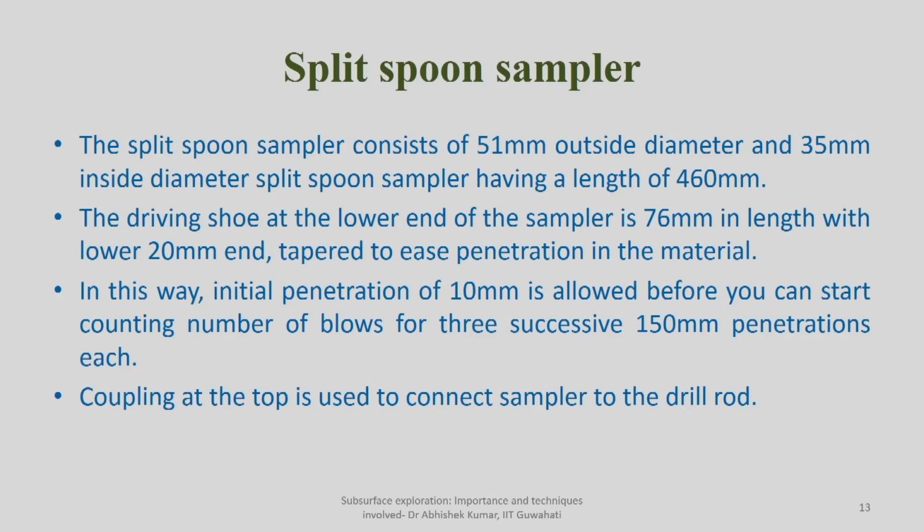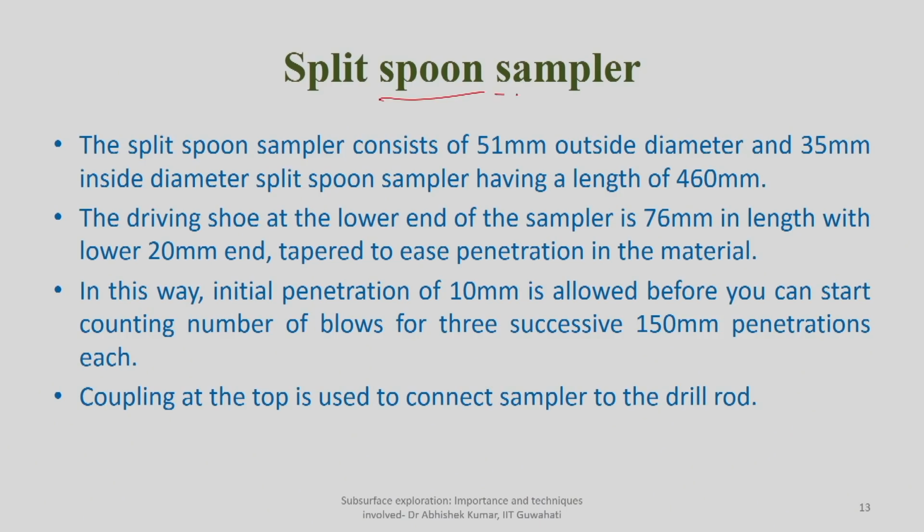We have been saying sampler, but what is the meaning of sampler? More precisely it is known as the split spoon sampler. As the name suggests, once you get the sample from a particular depth, you are able to split it. It can open into two halves, and either half will contain the soil sample. You can collect the soil sample from there and store it in plastic bags, so that you can keep the moisture content intact as you collected it from the site.